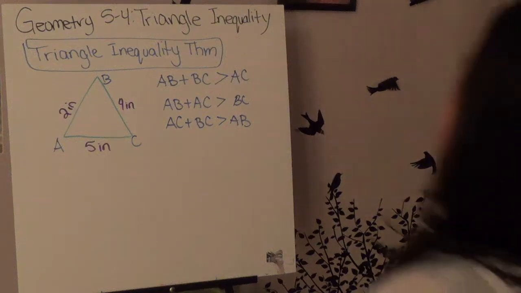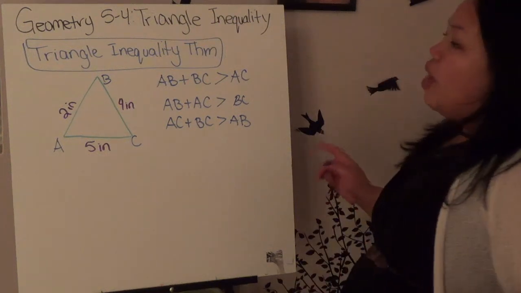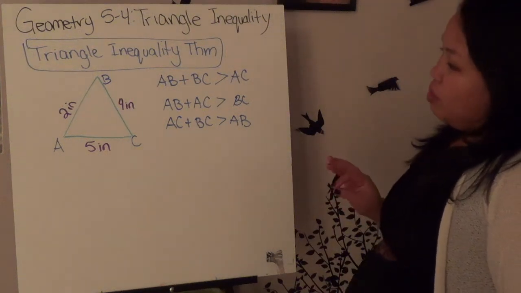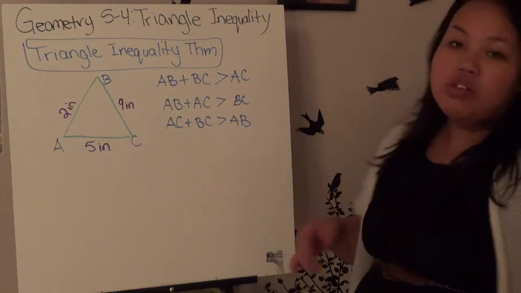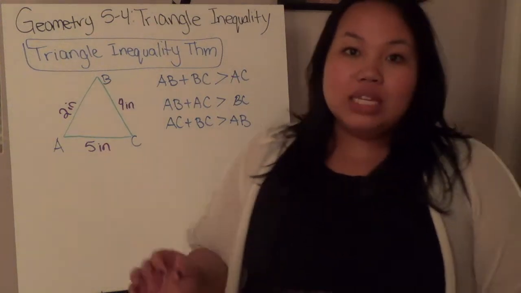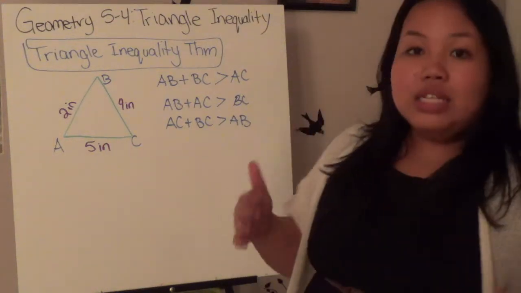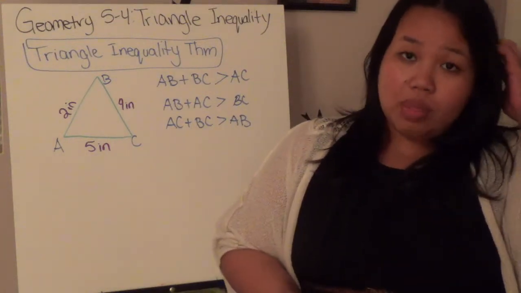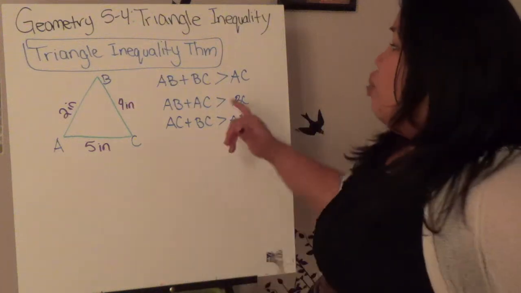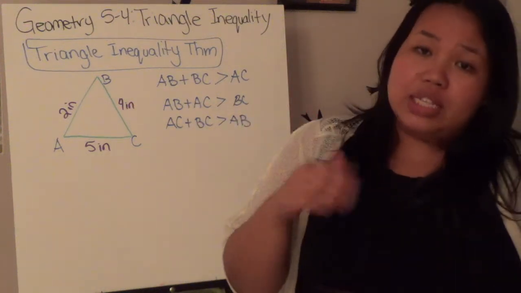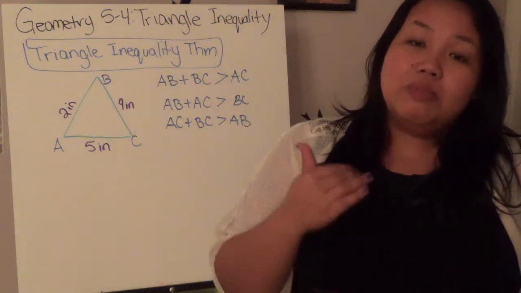In Geometry Section 5.4, we're dealing with triangle inequalities. The one theorem that we're going to be using is called the triangle inequality theorem. Basically, it tells us the rules that allow sides to become triangles. What that means is that when you add up any two sides of a triangle, it has to be bigger